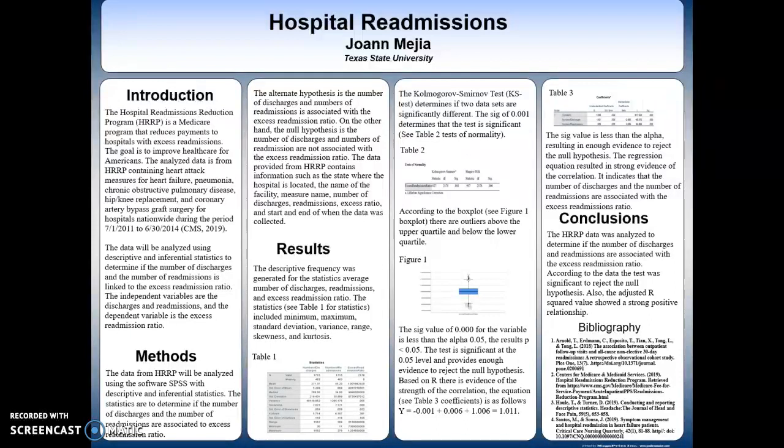Readmissions. Introduction. The Hospital Readmissions Reduction Program, HRRP, is a Medicare program that reduces payments to hospitals with excess readmissions. The goal is to improve health care for Americans. The analyzed data is from the HRRP containing heart attack measures for heart failure, pneumonia, chronic obstructive pulmonary disease, hip or knee replacement, and coronary artery bypass graft surgery for hospitals nationwide during the period of July 1st, 2011 to